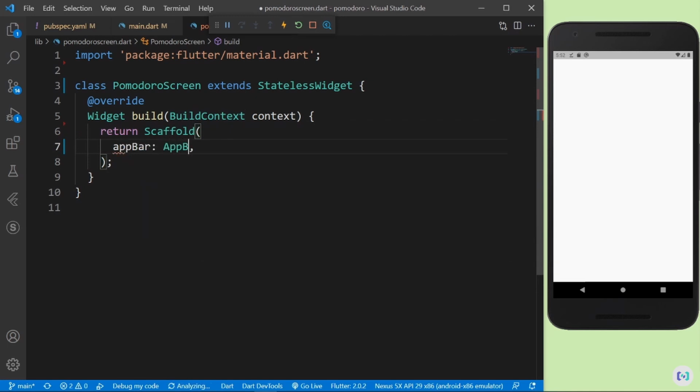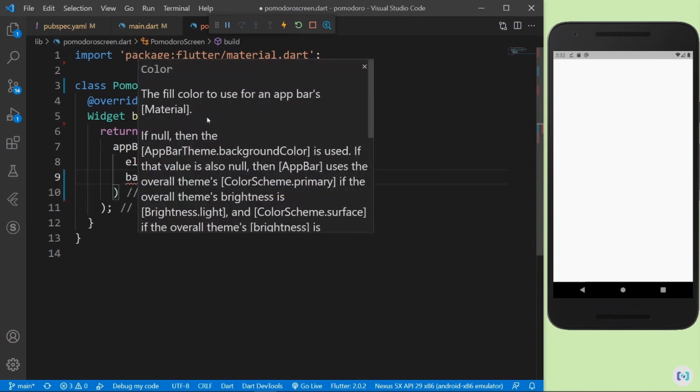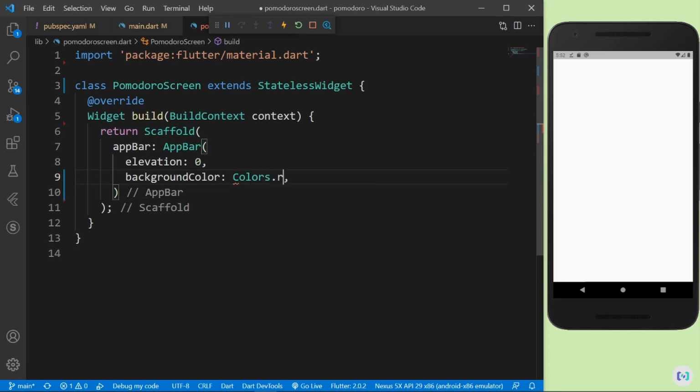So I say app bar is going to be the app bar widget. And in the app bar widget, I'm going to first of all give some elevation for this app bar. So I just wanted to mix this with the body of the whole scaffold. So I'll say elevation is 0. I don't want that kind of elevation. And then I'm going to have a background color. So background color for now is going to be Colors.redAccent, because later on when we have a break session, then we'll have the light blue color, but for now we'll have just the red color, and later on when we implement the state, we'll change it. And the title of this whole app bar is going to be Pomo Timer. So our app name, we can just say Pomo Timer,